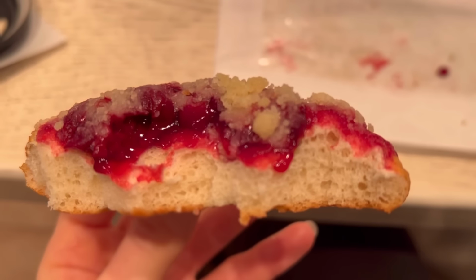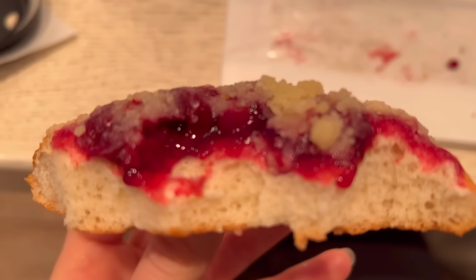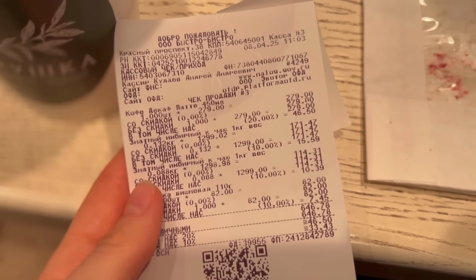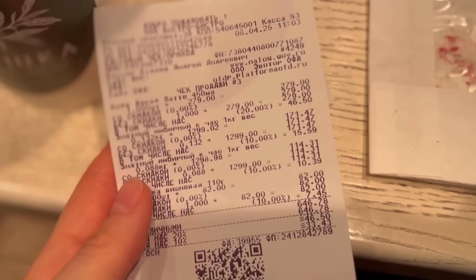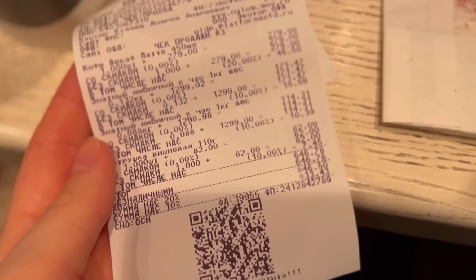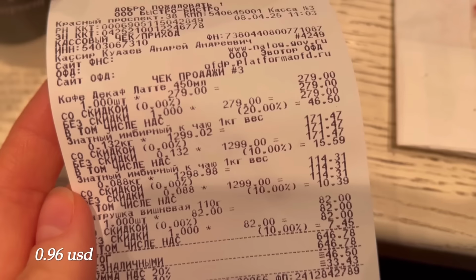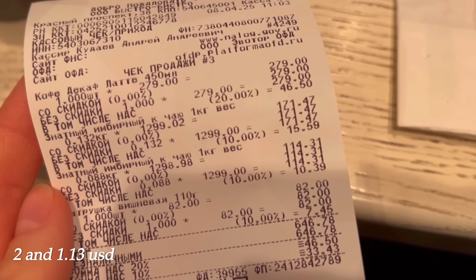Guys, just look at this. It's so soft and so juicy, and just the perfect consistency and taste. By the way, the prices are also democratic here, nothing too ridiculous. I paid 279 rubles for the coffee. Then I paid 82 for this vatrushka, the sweet bread, and 171 and